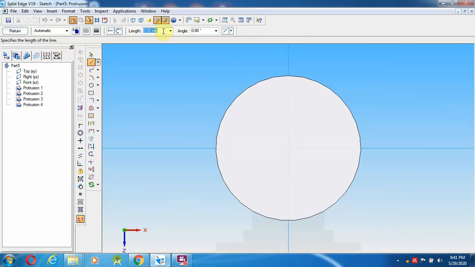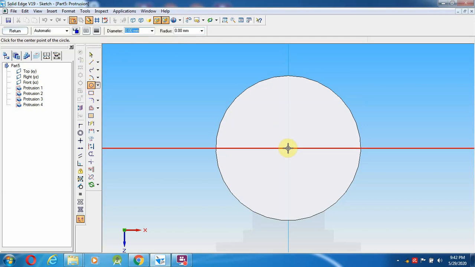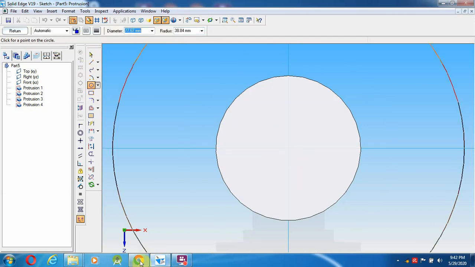Even if you are in doubt about those calculations, go over here: 300 minus 18 minus 12 minus 28 minus 16, enter. So the length is 226 mm. Go over here, select a circle from here, and what is the diameter?